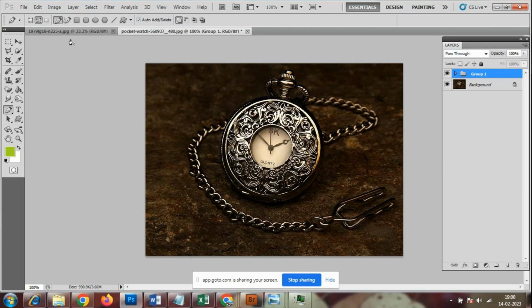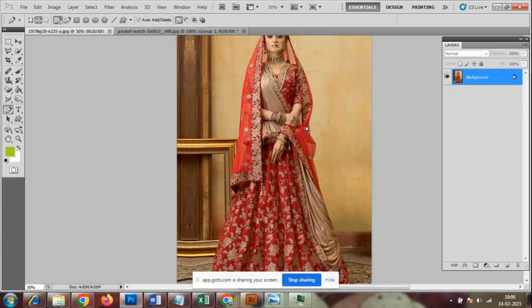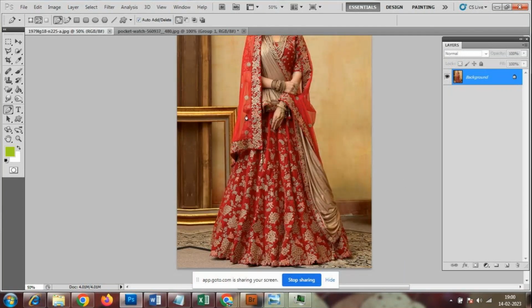Okay, so I'll take some more dull images like this. Here, suppose I want to make this dress. I only want to change this dress color. Whenever you are starting the work, always take a duplicate copy of this file. So I'll take only this much,